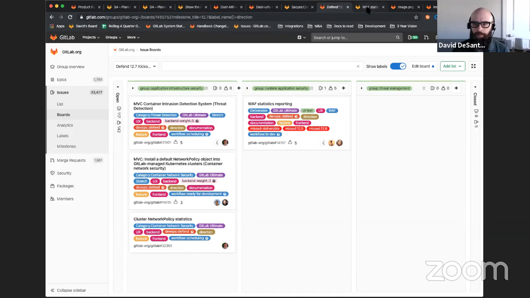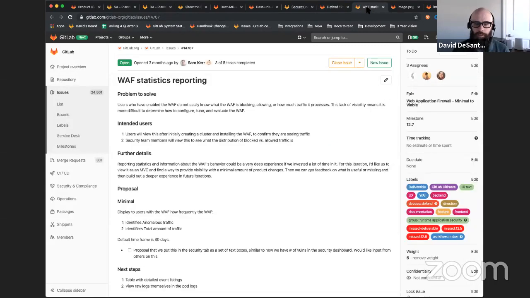To kind of show you what that looks like, our goal is to be able to begin generating stats that will help you decide, is the WAF working the way you want it to work, and what are areas you need to address. And this is our step on the path to getting to what Kenny showed you during the ops section, being able to pull our logs from the WAF into that view that he showed related to pods, which, by the way, I think is a really cool option that we're working on for everybody.